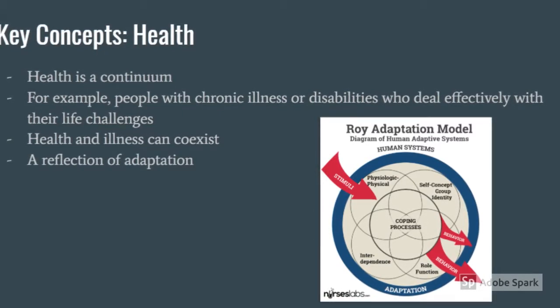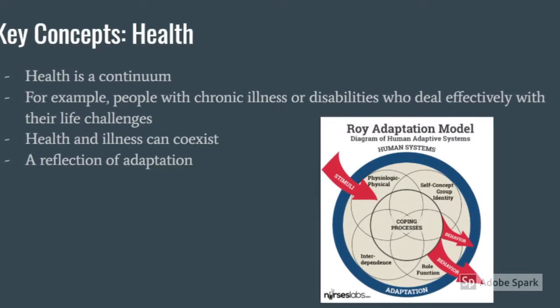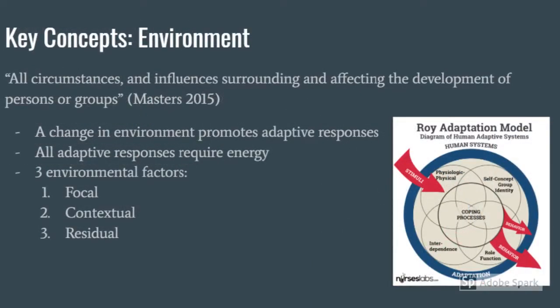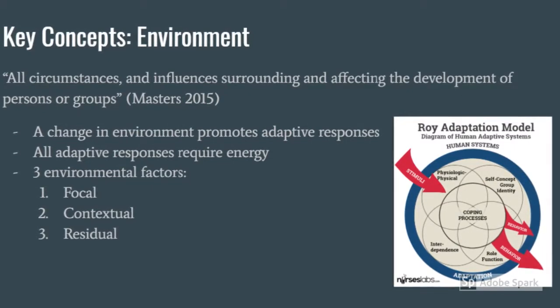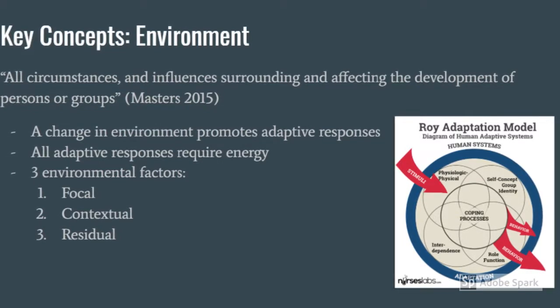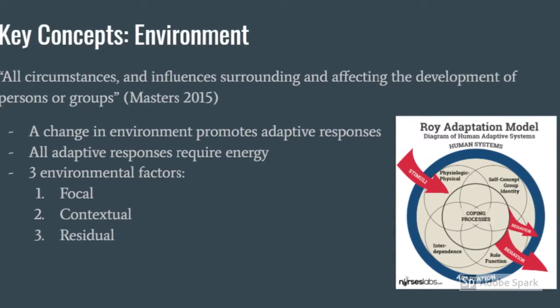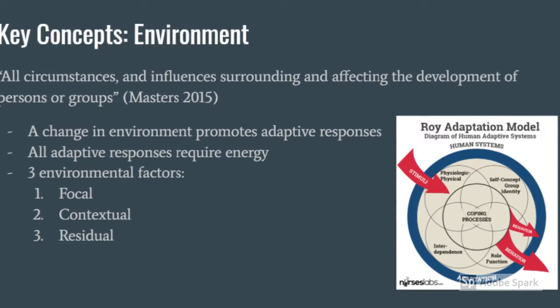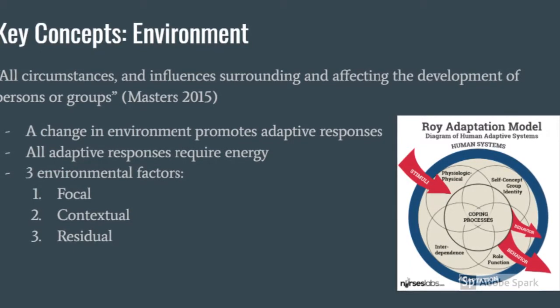For example, chronic illness. People with chronic illnesses have found effective ways to deal with their illness. Environment is defined by Sister Calista Roy as the conditions and circumstances which affect a person's or group's development and behavior. When the environment is changed, it results in adaptive responses from the individual. Whether it be a negative or positive change in the environment, it elicits energy expenditure from the individual to adapt